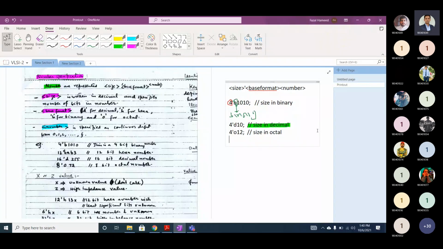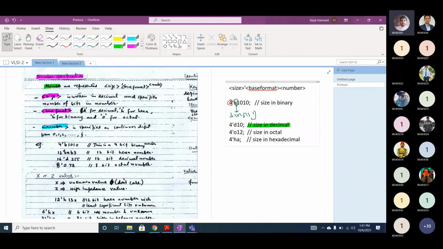If I want to represent the same number in hexadecimal, how can I write it? H, with the size in hexadecimal.